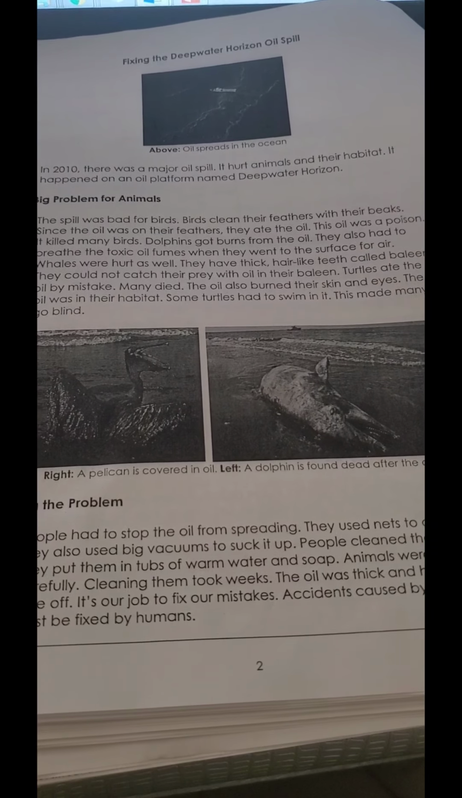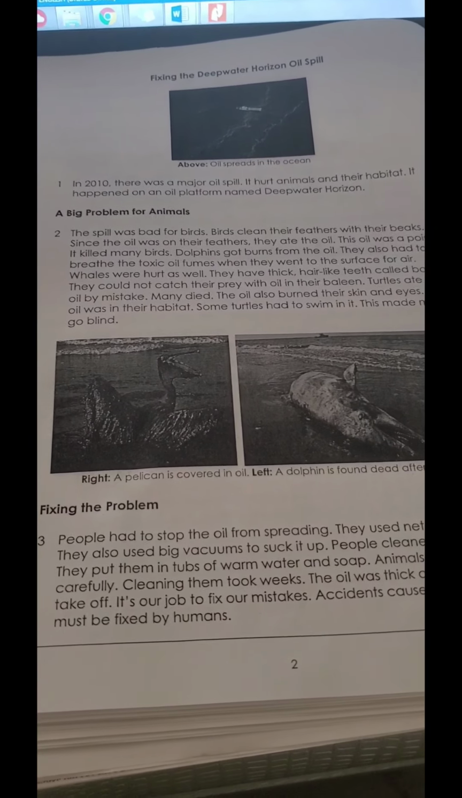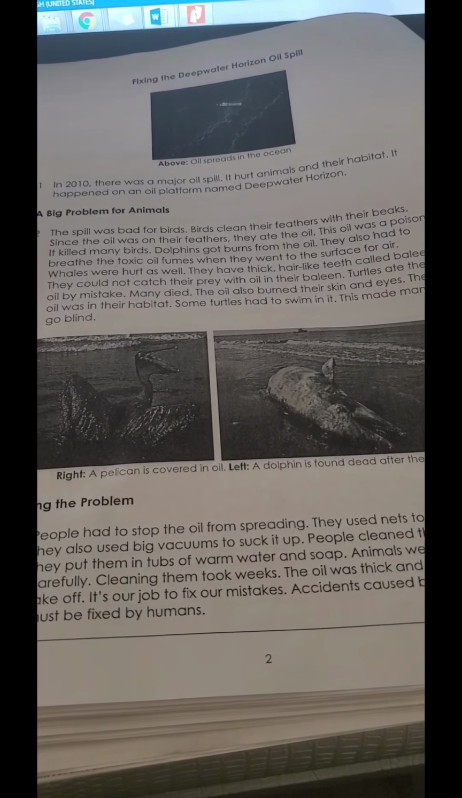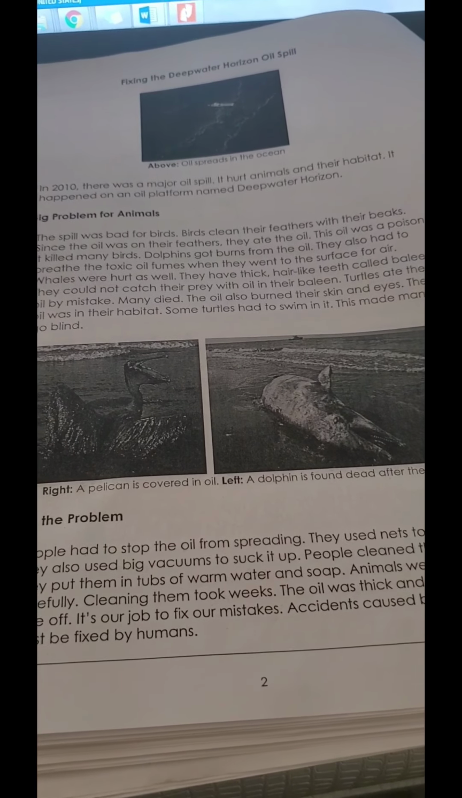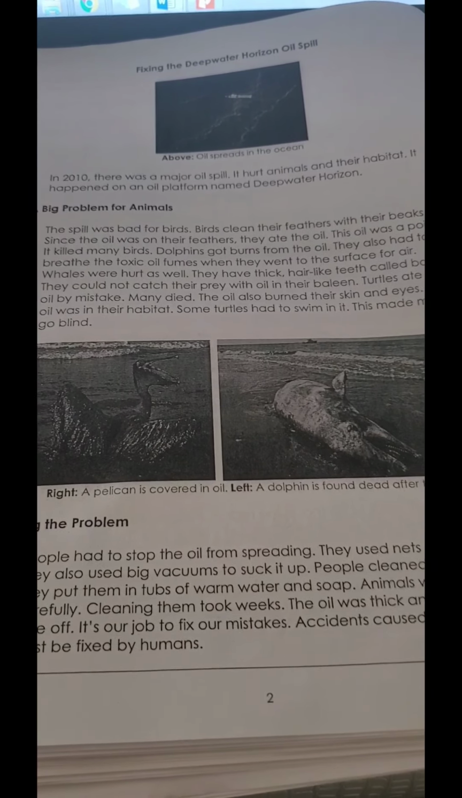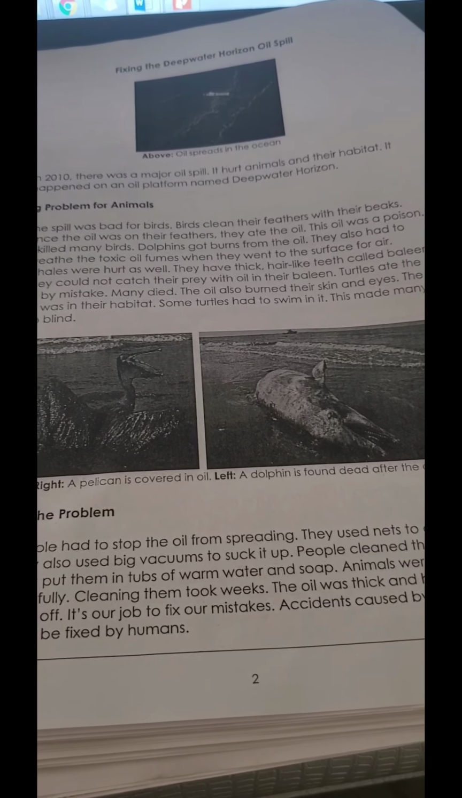Unfortunately, the oil affected many animals, and I learned that in paragraph number 2. So the main idea of paragraph number 2 is telling me how the oil hurt many animals. So from that paragraph, I learned how it hurt them. Not only did it tell me that it hurt them, but it told me how, by giving me examples of